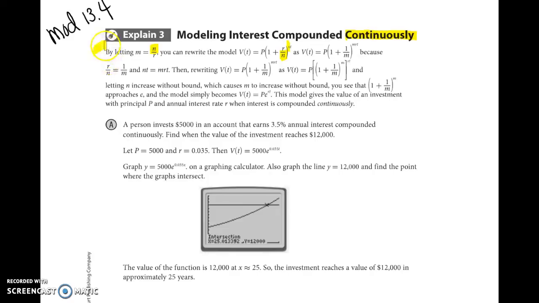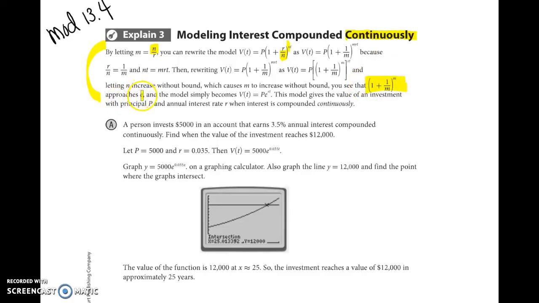So what this is explaining up here, it's saying by letting m equal n over r, you can rewrite the model that we were using before as 1 over m. And this n is m times r, so if you were to solve for n, you would multiply by r to the other side. And so because r over n equals 1 over m, we have nt equals mrt. Then rewriting that, we could get this right here. And letting n increase without bound because it's continuous, right? It's just happening. You can say that causes m to increase without bound,